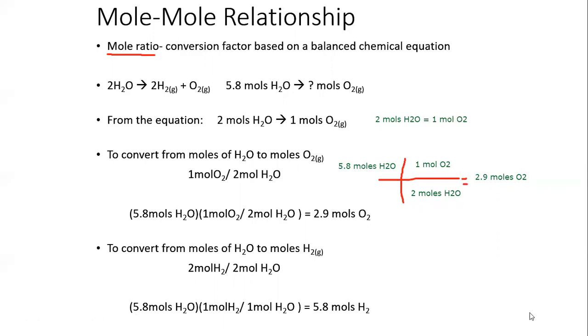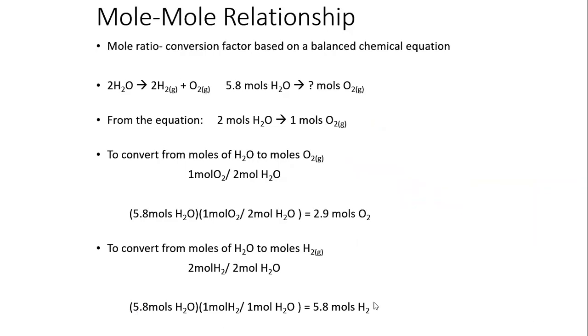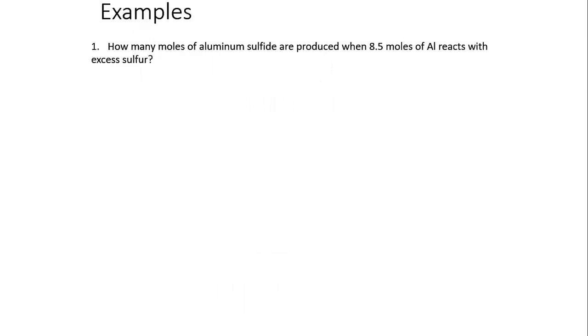Now if we see this in another chemical reaction, so here we have a problem. It says how many moles of aluminum sulfide are produced when 8.5 moles of aluminum reacts with excess sulfur. So whenever you see the word excess in a problem for a reactant, that tells you, hey, there's more than enough reactant to use. Just worry about the other reactant, because the other reactant is going to get all used